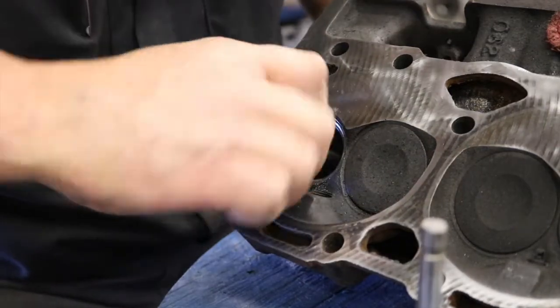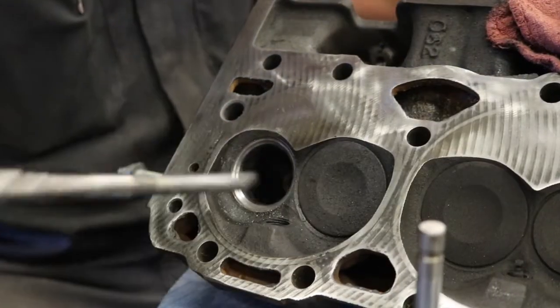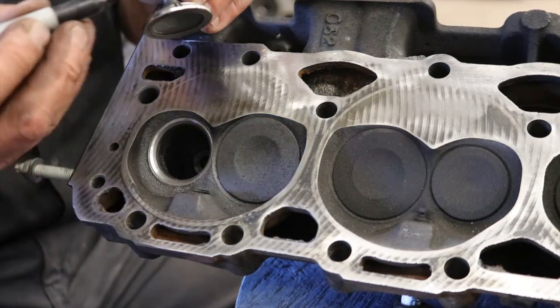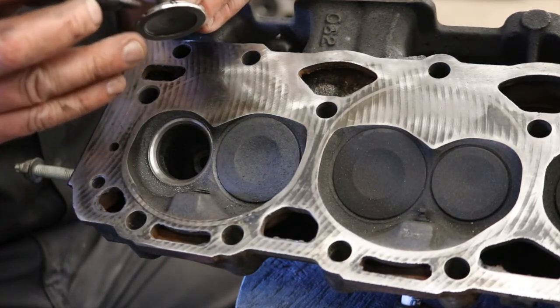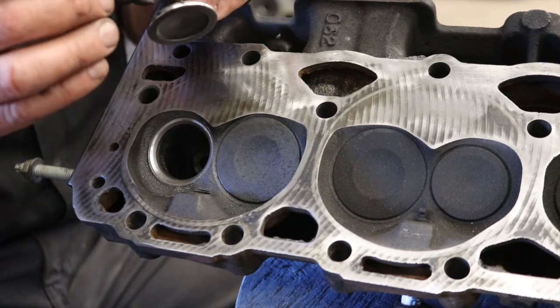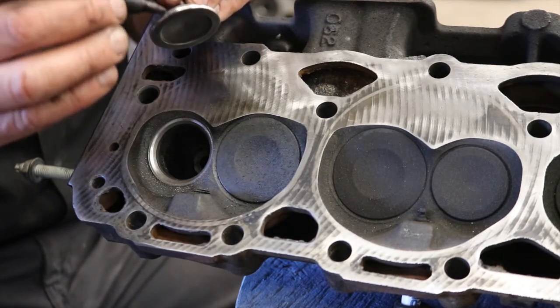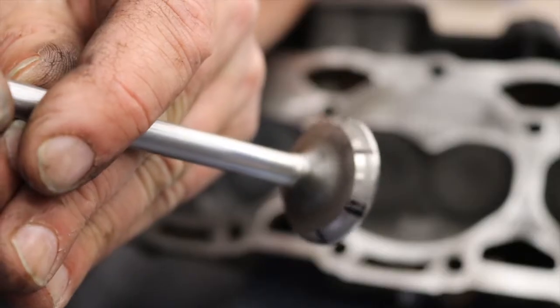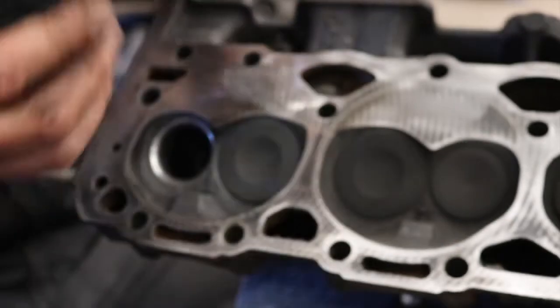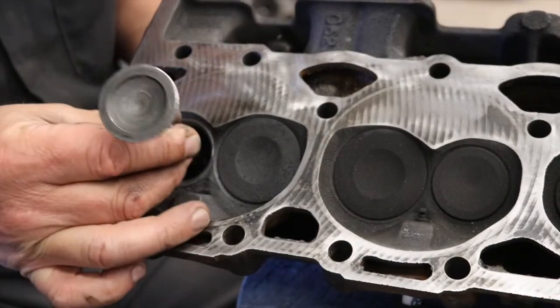Take the guide out. With our seat cut at the two angles of 46 and 31, I'm going to take a marker. We would normally want to use some machinist blue, some kind of a dye, but this permanent marker works fine. You can see where we've got the permanent marker and it's a little spaced out along the valve. So what we're going to do now is put it back in,